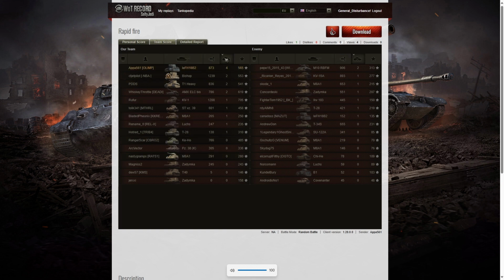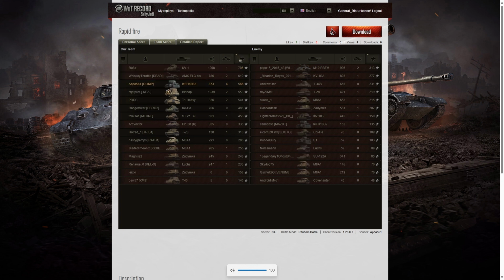When it came to kills, though, he was actually top dog. He got 4 kills out of that one. 2 kills went to the Bishop, the T1 Heavy, and the MXELC Biz on his team. And on the enemy team, the M10 RBFM got 2. And when it came to base XP, we can see the KV1 managed 705, the MXELC 619,